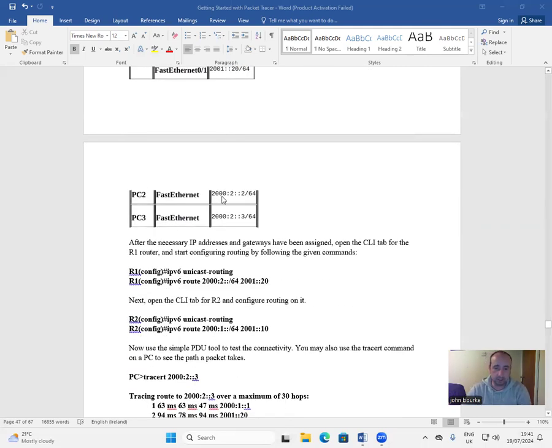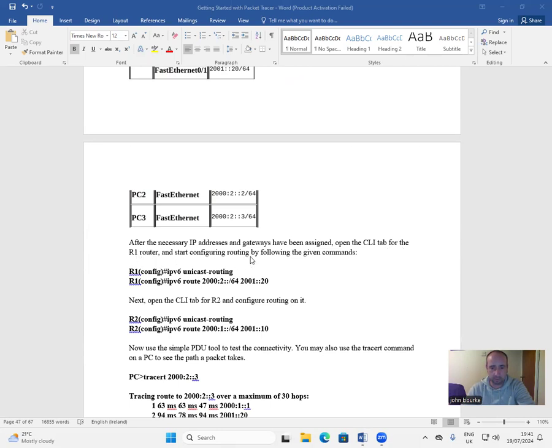PC2 FastEthernet: 2000:2::2/64. PC3 FastEthernet: 2000:2::3/64. After the necessary IP addresses and gateways have been assigned, open the CLI tab for the R1 router and